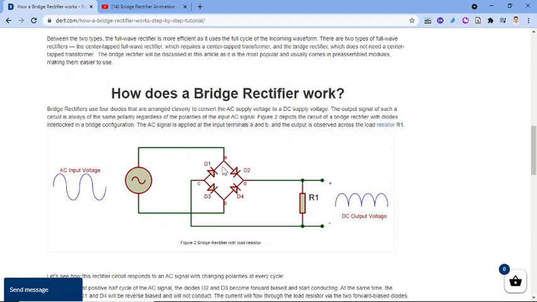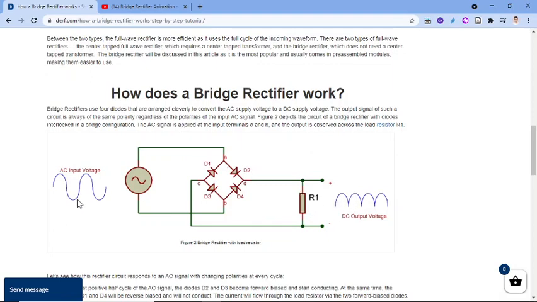Then the diodes are connected like this. Then we have already seen in the previous video that for the forward biasing or for the positive half cycle, this end becomes positive, and this diode will be forward biased, and the current flows through the resistor and goes through this diode. This also is forward biased and goes to this negative end of the source. So the circuit is completed, so we will get this half cycle.